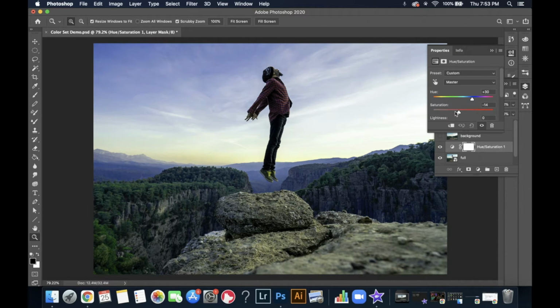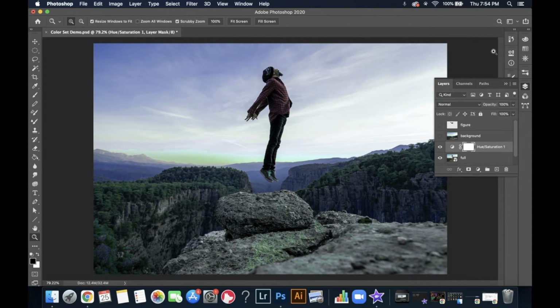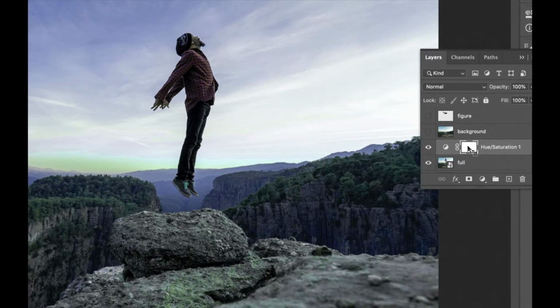So I'm going to lower the saturation because I want this kind of dull. And let's make this feel kind of moody and dark. And I'm going to change the yellows a little bit. There we go. So I'm going to close the properties palette, and we're going to focus in again on the